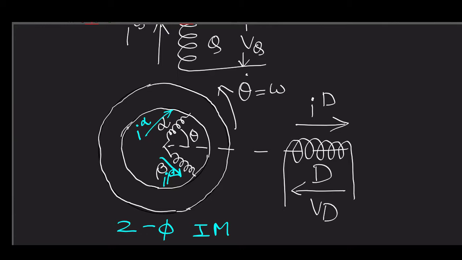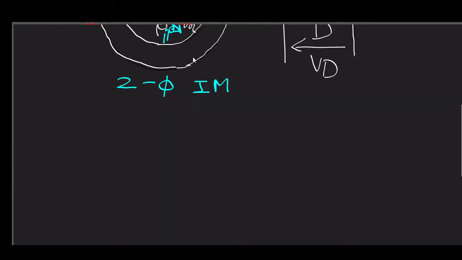Now the terminal voltage of the four windings, how can we write it? What components do you expect in this four-winding terminal voltage? Let me write one by one. First start with V alpha. As we know, it will be R alpha alpha, I alpha. I'm writing it for the rotor first.